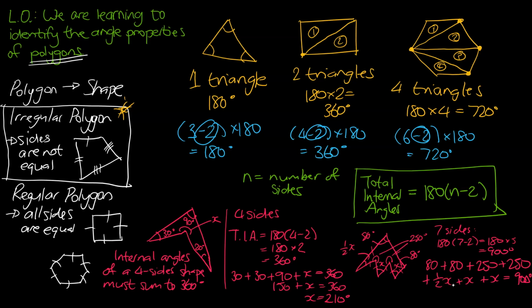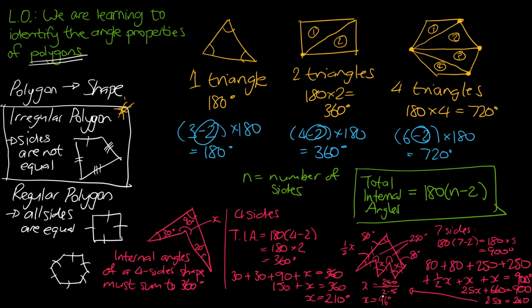So all of that is going to be 2.5x plus 660. Well, that's going to be equal to 900. So that means 2.5x is equal to 240. So if we finish off our working down here, x will be equal to 240 divided by 2.5, giving us a value of